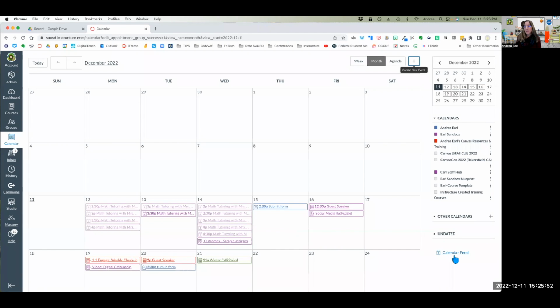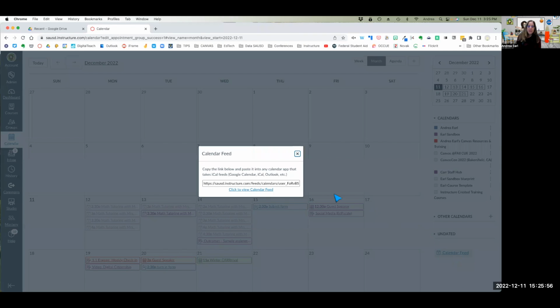Finally, the Canvas calendar has a calendar feed. If you click on the calendar feed, you're going to get a URL, and you can add that into any calendar program. Google, iCal, Outlook, doesn't matter. And your students, if they choose to do this, can see all of their assignments, appointments, reminders, all in one